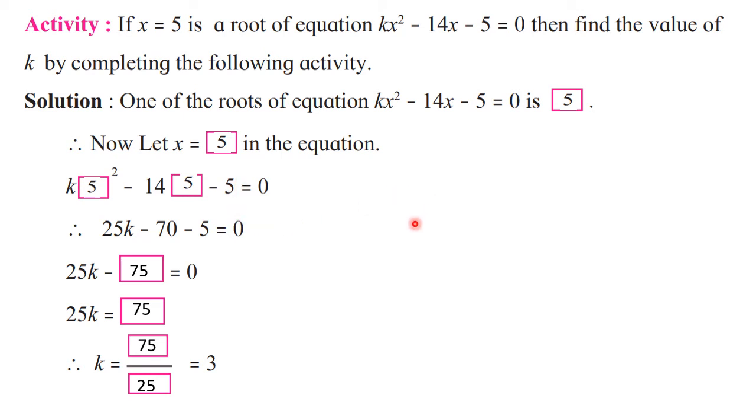Wherever the number is repeated, they are not going to give you half mark everywhere. Like I have said, this 5 is repeated 4 times, so by writing these 4 times, you are going to get half mark, and for the remaining things you are going to get 1.5 marks if the activity comes for 2 marks. So in this way the marks are divided. Now let us go further.